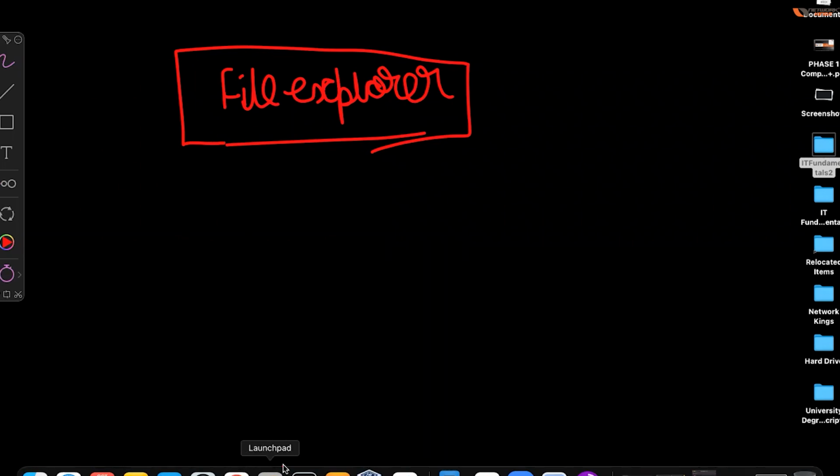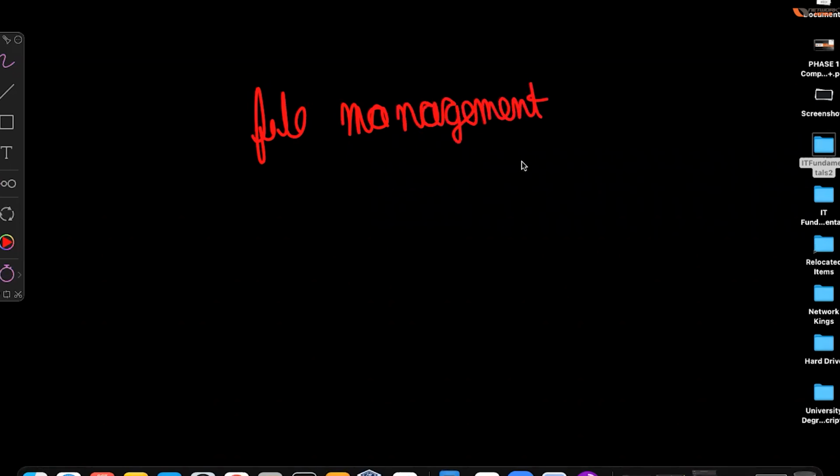So any other file management tools जो आप लोगों को पता है? Any other file management tools, guys? Yep. Your shared drive, okay. Others, ठीक है. So yeah, these are the main file management tools.